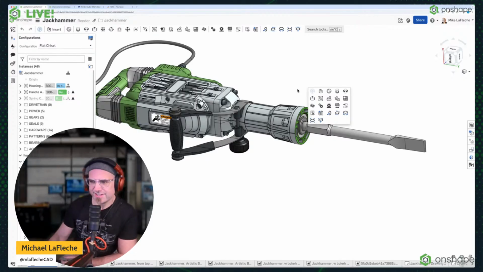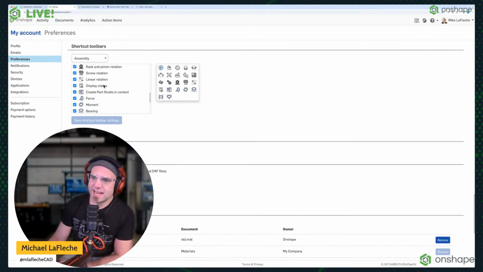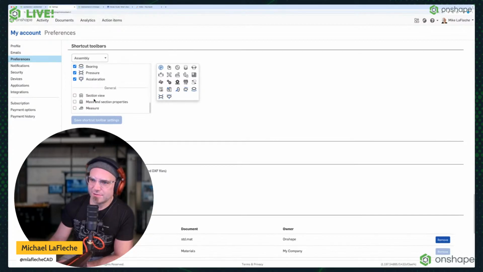Which most engineers have something like that, right? I've customized it to program one of those buttons to the S key on my keyboard, right? And I want to customize that so I have further power and I don't have to go to my keyboard to hit Control or Shift X to go to section view. So you'll see down here at the bottom of all of your shortcut toolbars, I have a general section now